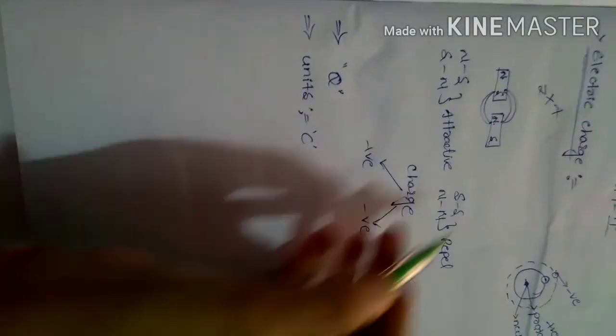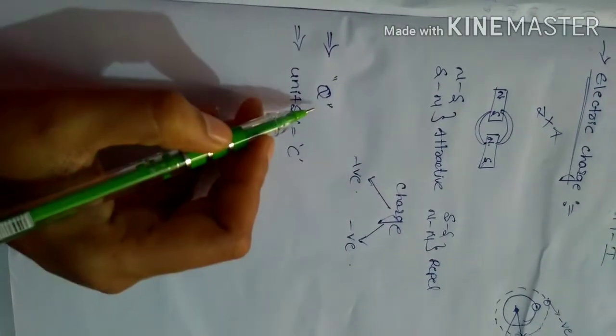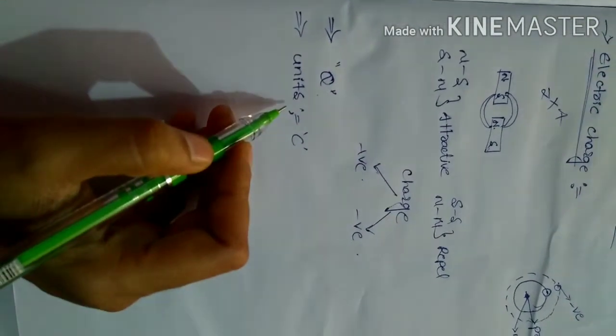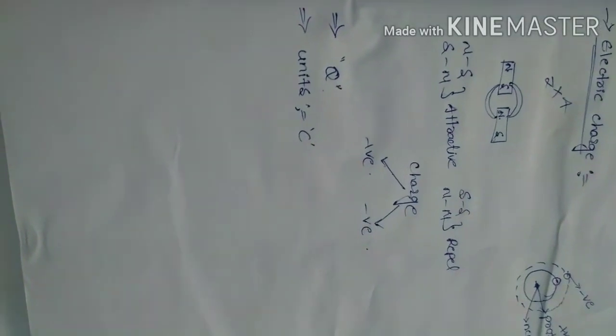Charges are classified into two types, positive charge and negative charge. Charge is denoted by Q and the unit of charge is the coulomb. Charge is an intrinsic property. Okay, next,